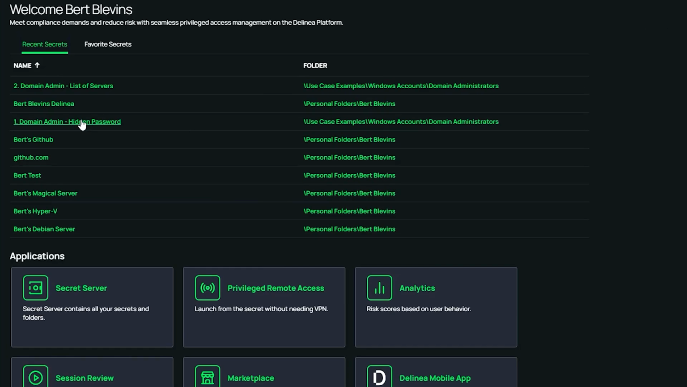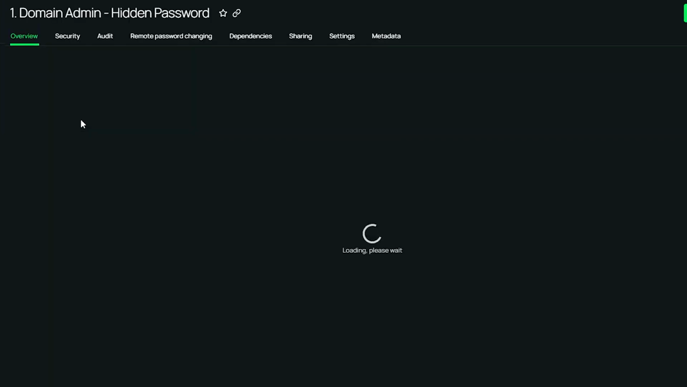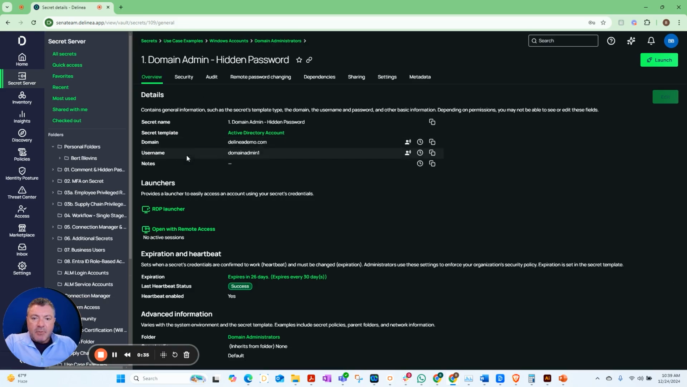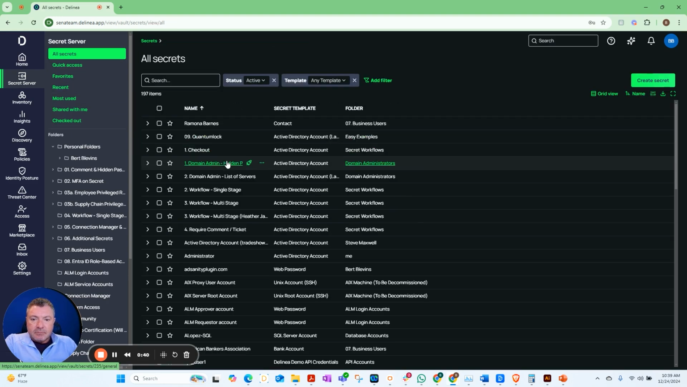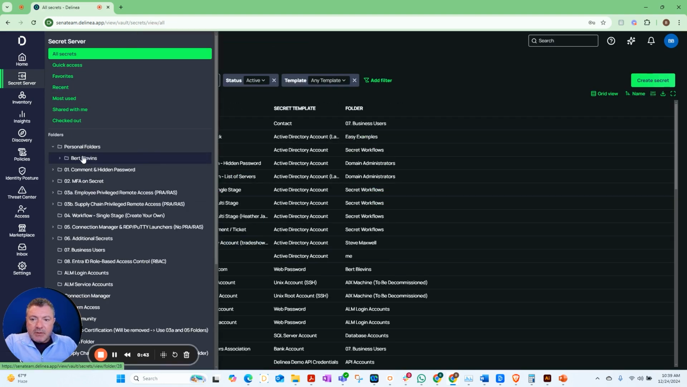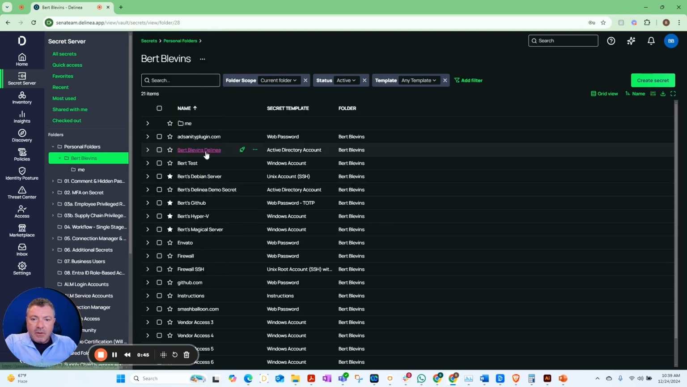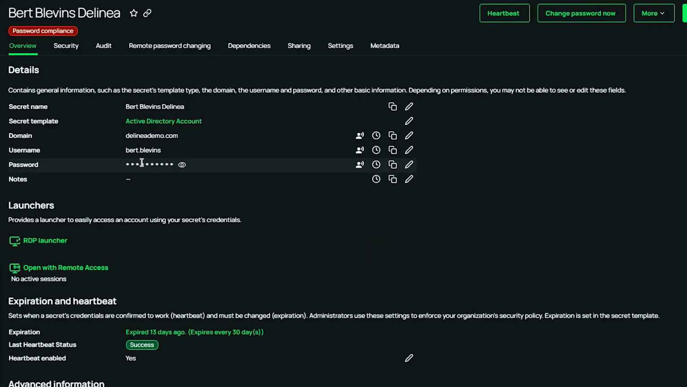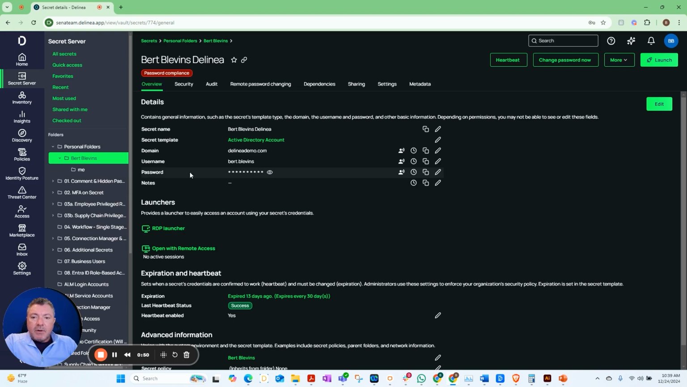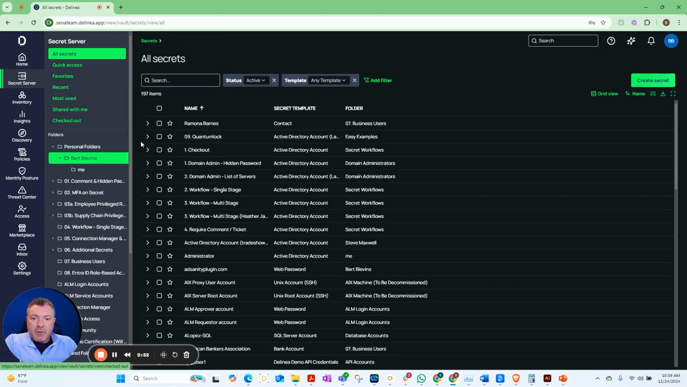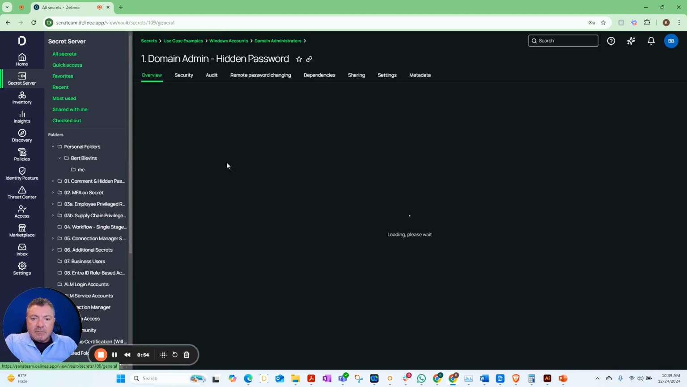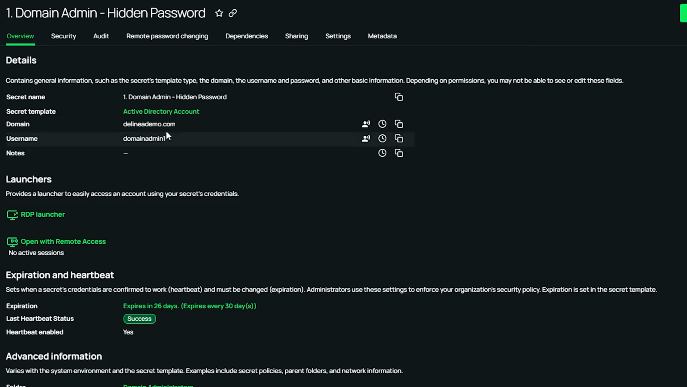So I'm in here, hidden password example, and you see how I see no password here. If I was to look at one with a password, we'll see that this one does have a password here. So we can see the difference there. Let's come back over here to the no password example, hidden password, so we can see that there is no password there. But again, you can take the credentials here and inject them into a session, and the